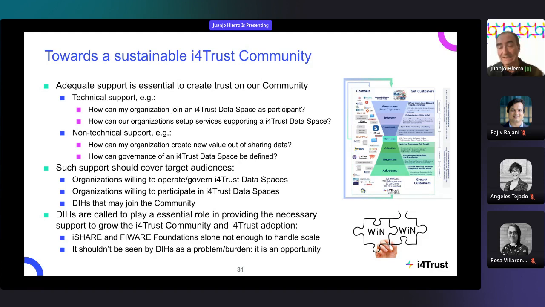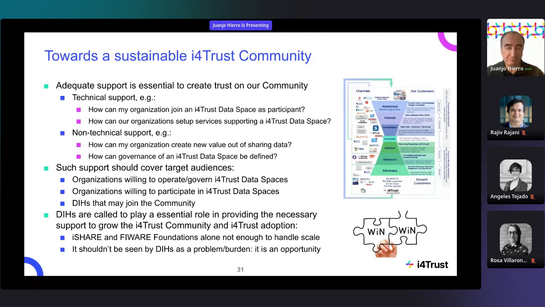And that's indeed one of the reasons why, when we launched the open call, we put as a requirement that experiments should bring at least one digital innovation hub, because again, I want to emphasize it was not about covering and solving some concrete use cases. Of course, they are going to be very useful to create those kind of references that may help others to get convinced and adopt the technology.